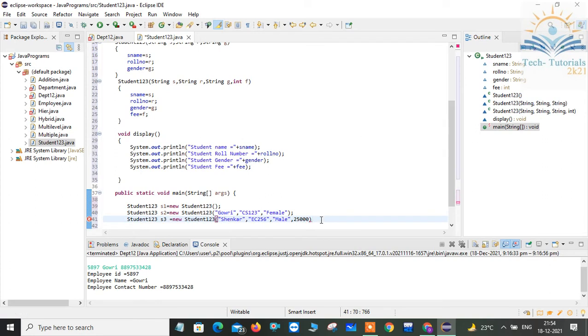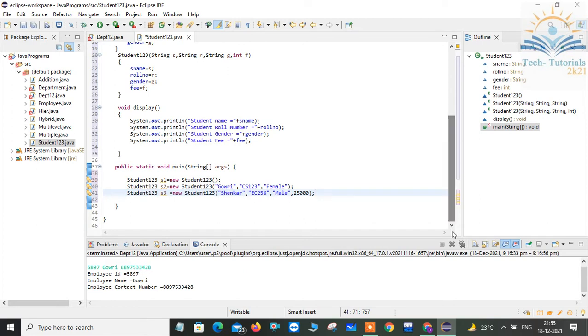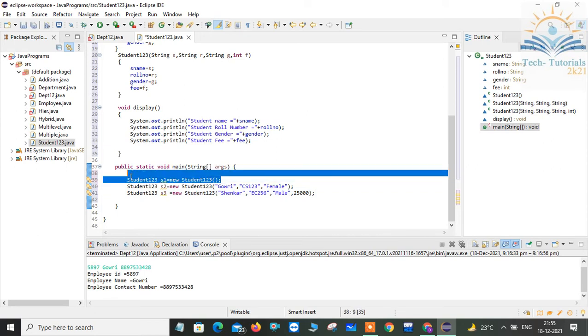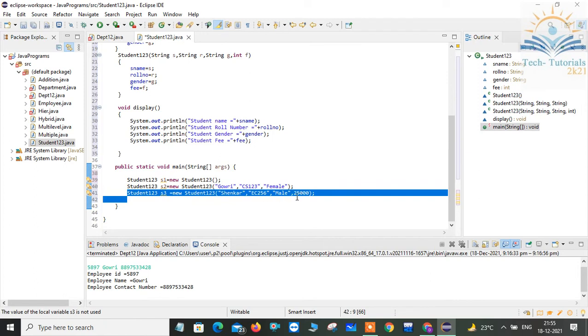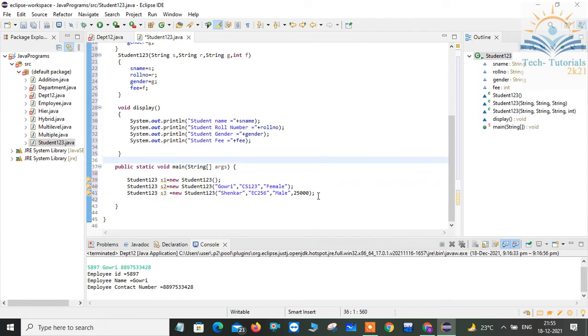So in this way I'll create objects, right? So here I'm creating three objects, and this is going to assign default values to my first constructor, and this is going to assign these values to my second constructor, and this object is going to assign values to my third constructor. So simply using these objects, I just call my display method.